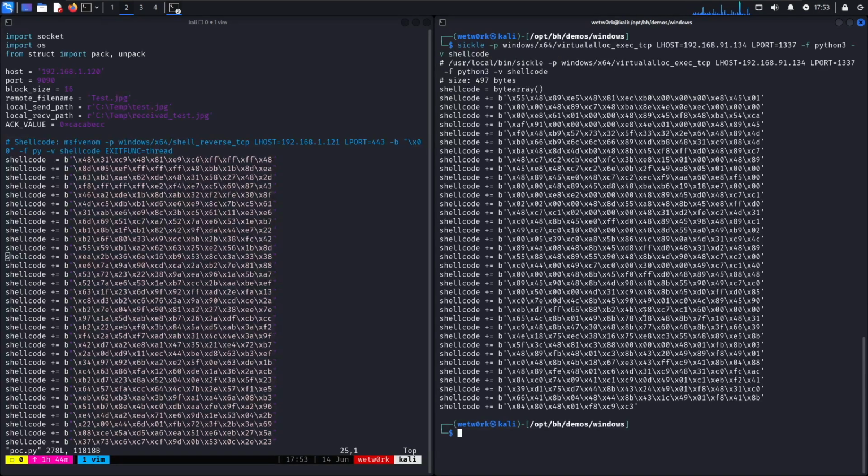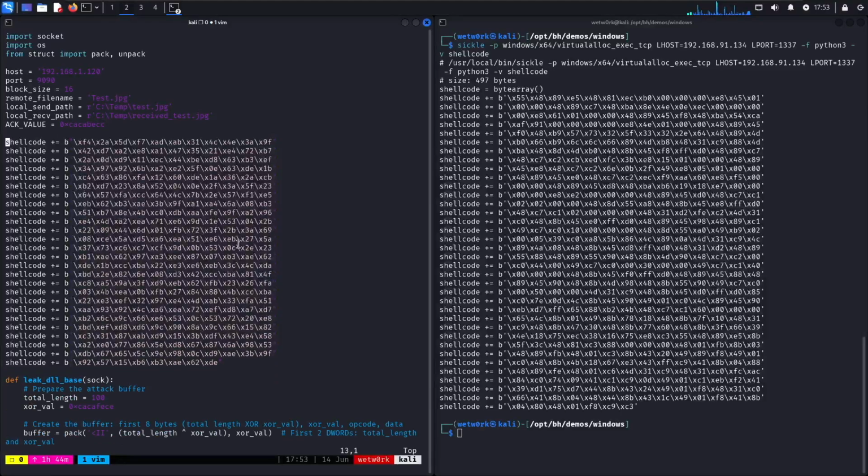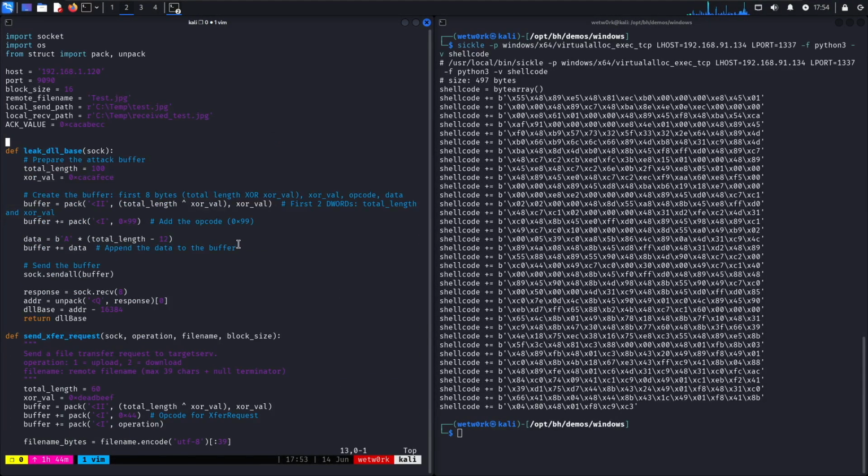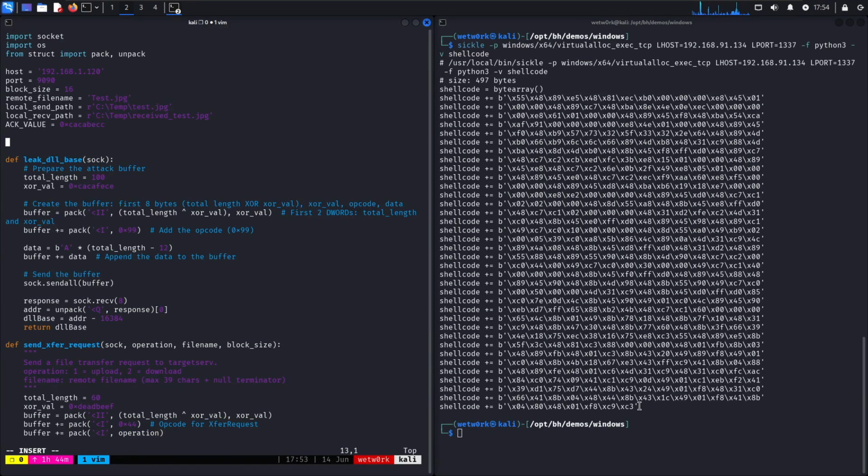We can see that we were able to successfully generate the shellcode with it being under 500 bytes. I'm not going to worry too much about null bytes just because in this case we're exploiting a 64-bit application. And from my experience, we don't really need to worry about null bytes too much when working with this architecture. So we can go ahead and copy and paste it here. So we're going to get this shellcode